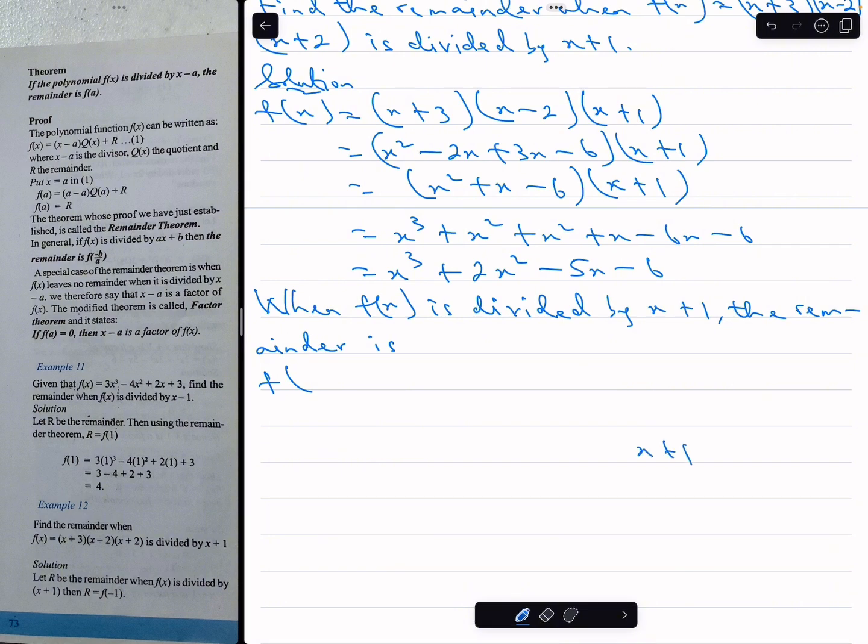We are dividing it by x plus 1. So if you say x plus 1 equals 0, x will be equal to minus 1. So the remainder will be f of minus 1. The remainder is f of minus 1, which is equal to